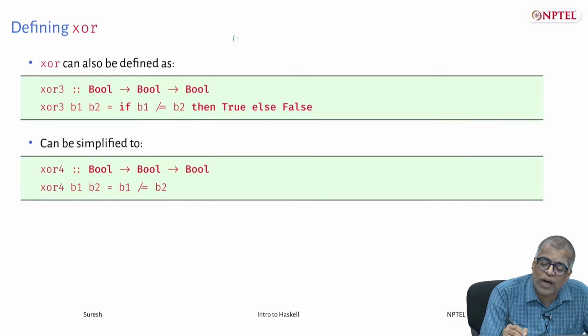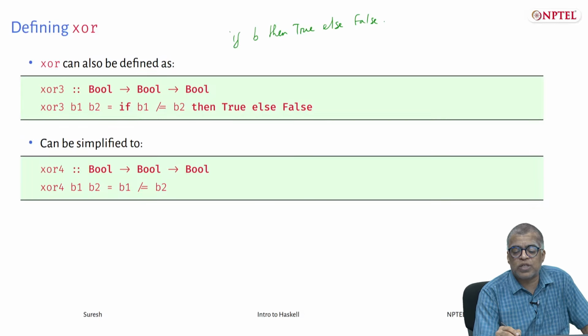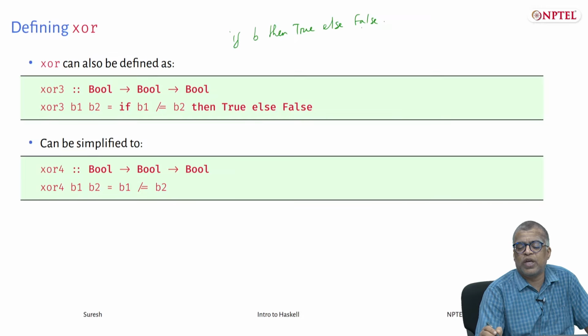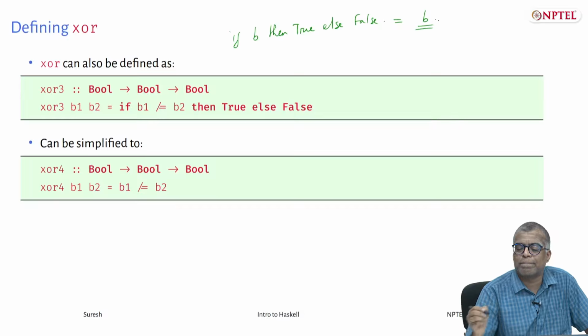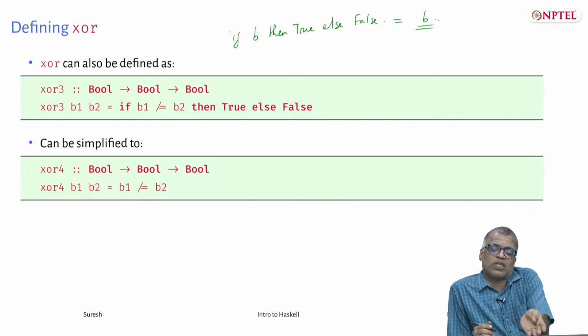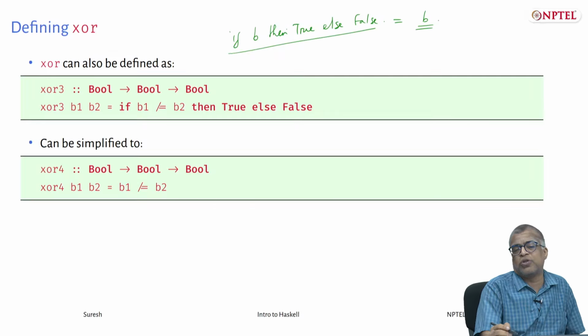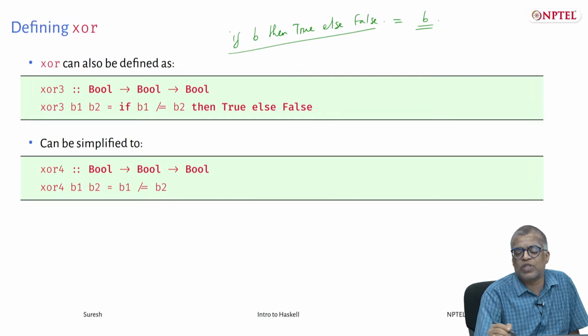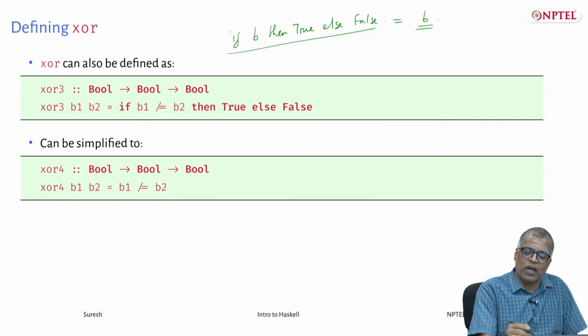So whenever you have to write if some condition B is true then return true else false, this whole thing is redundant, because if B is true, the value of this whole expression is true. If B is false, the value of this whole expression is false. So instead you could just have written it as B, right? Because that's exactly what this if expression is doing. If B is true, then the value of the overall expression is true. If B is false, then the value of the overall expression is false. Instead you could have just called it B instead of writing B1.